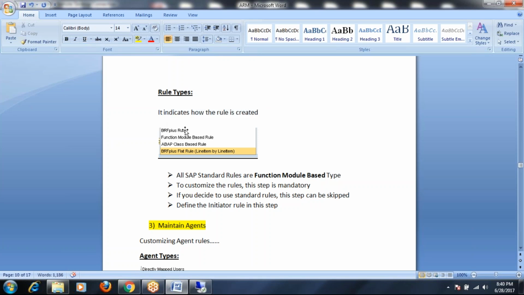If you use the BRF plus application to create a rule, that is called a BRF plus rule or BRF plus flat rule. If you are using ABAP programming to create a rule, that is called an ABAP class based rule. If you are creating a rule using function modules, then function module means